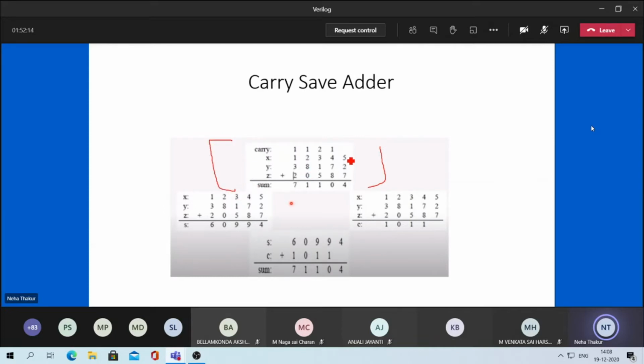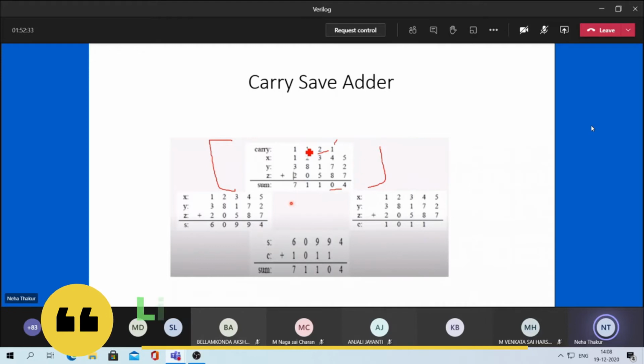Normally, for 14 you place 1 as a carry and 4 in the sum place. Then in the second column, 1 plus 4, 5 plus 7, 12 plus 8, 20. So 0 will come here and 2 will go as a carry. Similarly here you will get 11, so 1 as a sum, 1 as a carry and so on. So this is your final value.